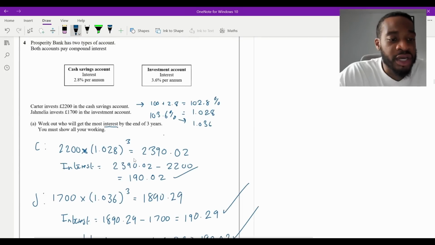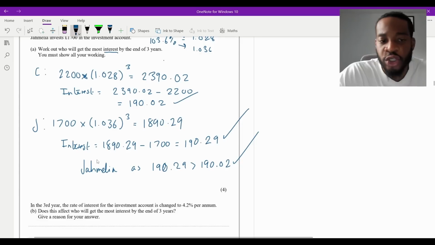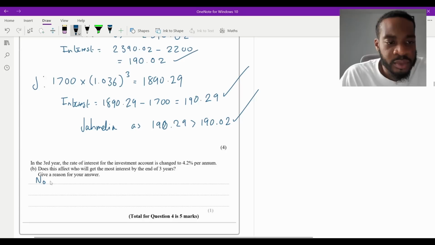She already gets more interest than Carter, as we've seen. And now the interest rate is even increasing. So will it affect who gets the most interest? No, it won't. Jamelia will still get the most interest. So you're going to say no, as Jamelia already gets more interest